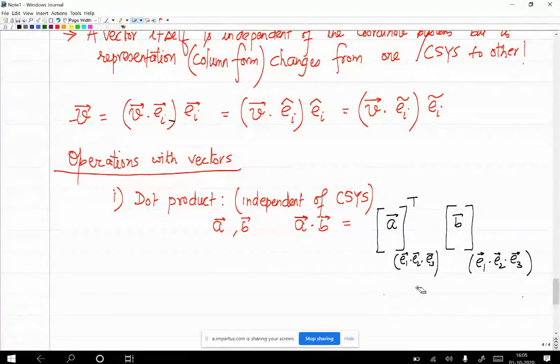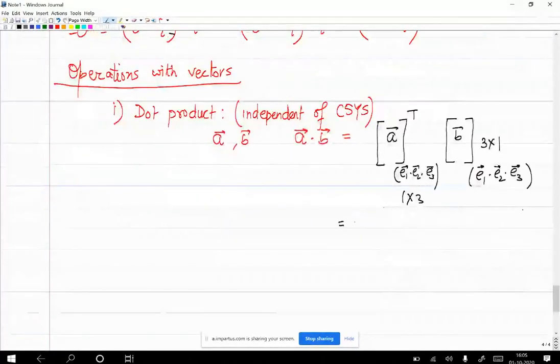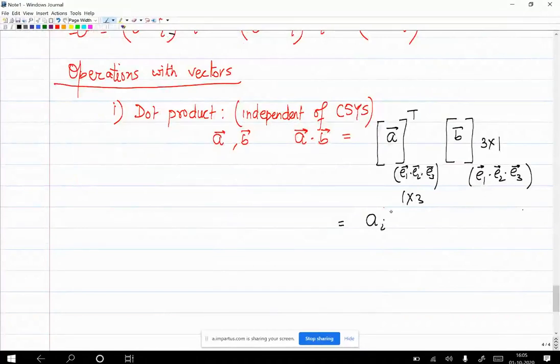So this is 1 cross 3 after transposing, and this is 3 cross 1. And when you multiply, you get 1 into 1. And you can see when you multiply, you get AiBi. Okay? So if somebody directly tells you that A dot B is AiBi, then you might think that it is,